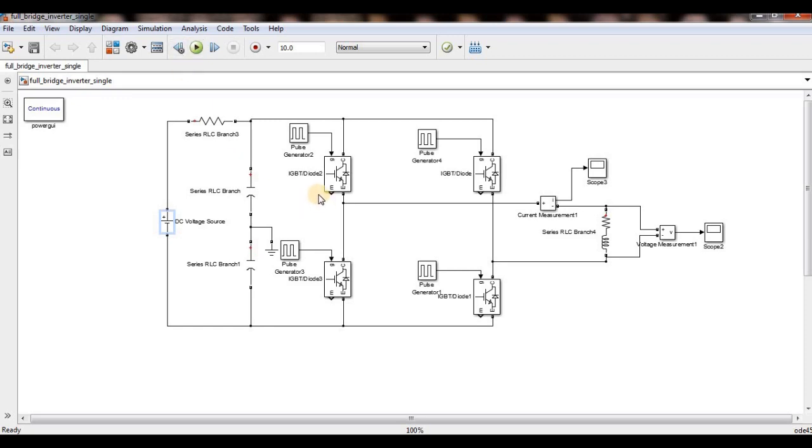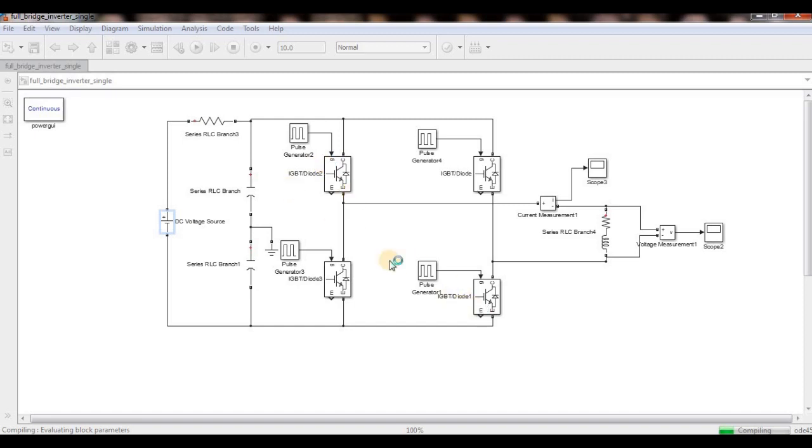So see, I will run it. In my previous video I presented the single phase half bridge. There my input is 100 volts. I am getting 50 volts only because VDC by 2 is charging here and VDC by 2 is charging here. Even though now VDC by 2 will charge here and VDC by 2 will charge here, I can get the complete VDC voltage as output because there is a neutral point over here in my load.